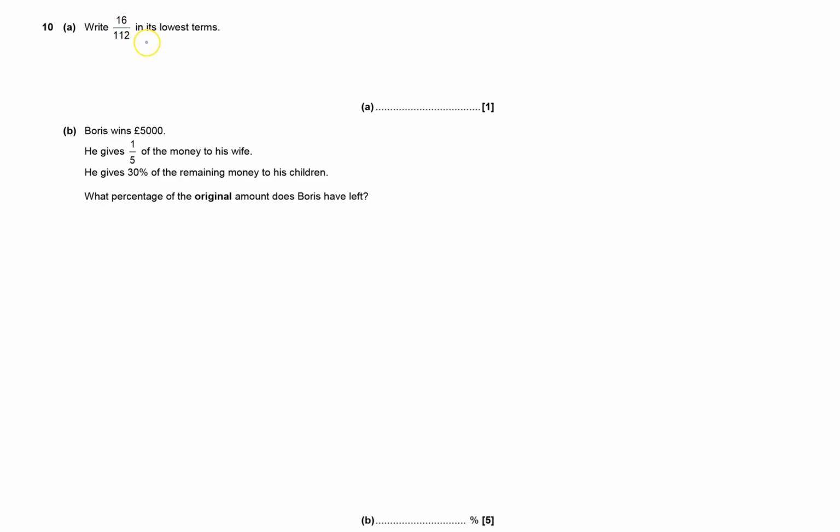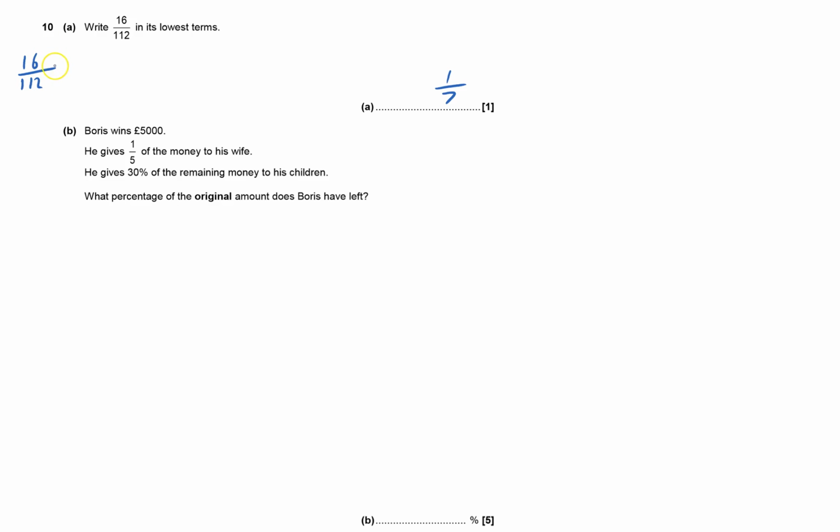Well, writing this fraction in its lowest terms should be quite easy. You type it into your calculator as a fraction, just like that. Press the equals button and it will cancel it down immediately to 1/7. If you had to do it in a non-calculator paper, you'd divide top and bottom